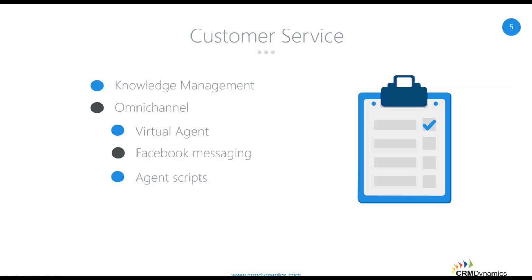So, long gone are the days where people could only call in or email to engage with your business. Along with customer identification, real-time notifications, and other integrated communication, this app supports your agent productivity with tools like knowledge-based integration, search, and of course, case creation and routing, which we're more often than not used to in the customer service app. One of the really cool features that should be generally available, I think December or January